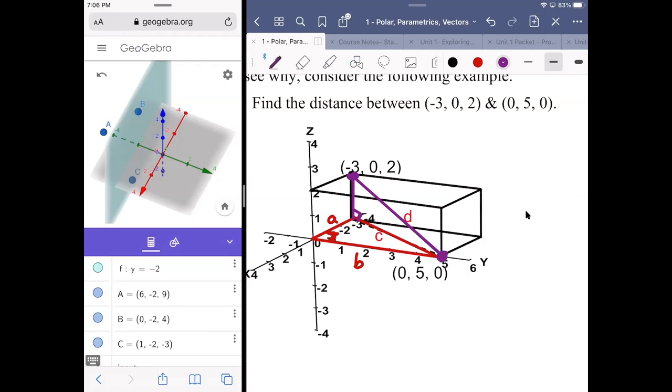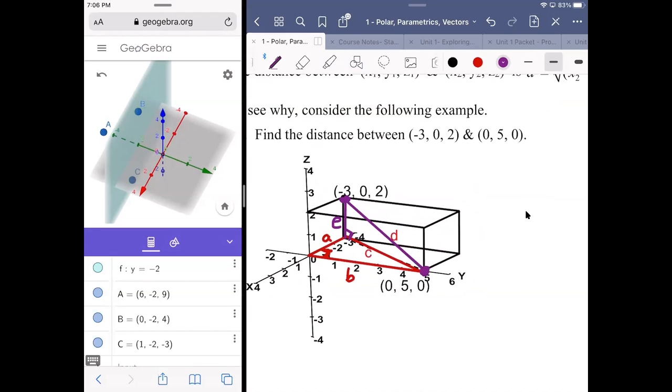The sides of this one are going to be, well, one leg is the C that was the hypotenuse of the right triangle in the XY plane. We'll use D for distance to represent the hypotenuse in the three-dimensional coordinate system. And also, you know, A, B, C, D. And so that brings us to E for that vertical side. So I would want to have C squared plus E squared be equal to D squared,